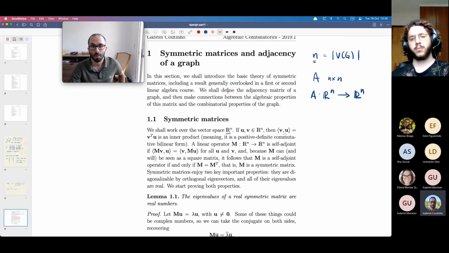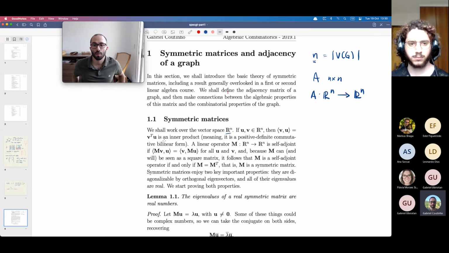And this, as you all know, is a Euclidean space. It contains an inner product, and the inner product will typically be the transpose of a vector times the vector. It's exactly what you're used to. A linear operator in any vector space is called self-adjoint if, once you have the inner product, multiplying this operator by a vector and then taking the inner product with another gets the same result as multiplying your operator on the other vector, for all vectors.